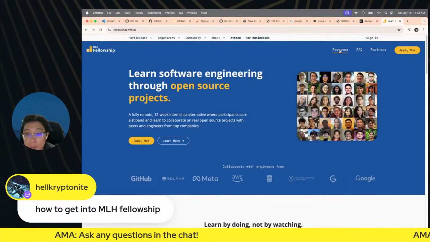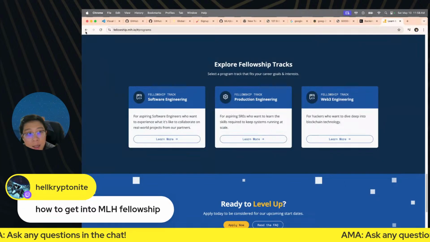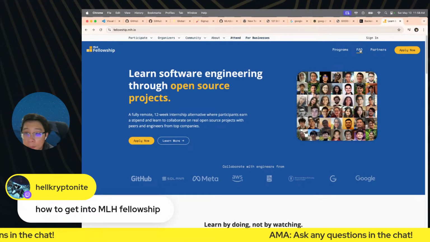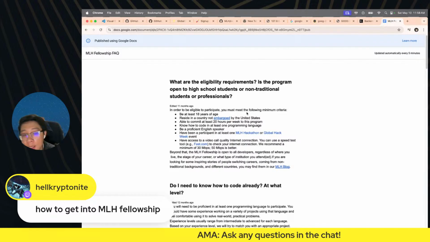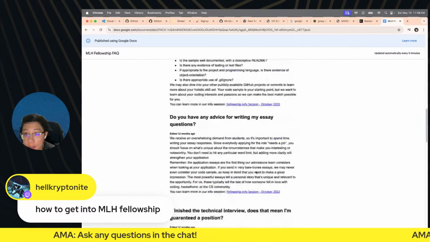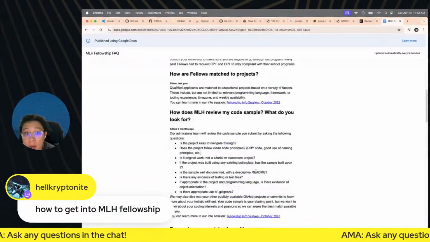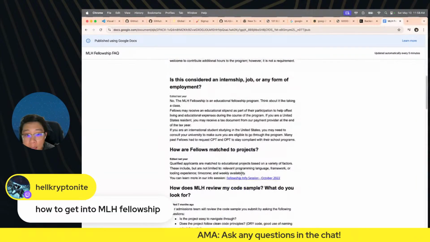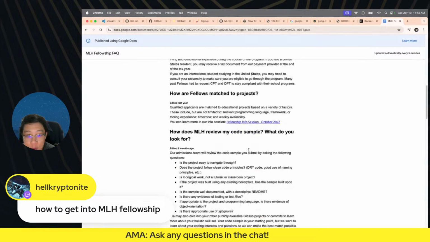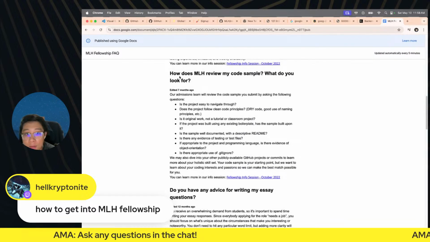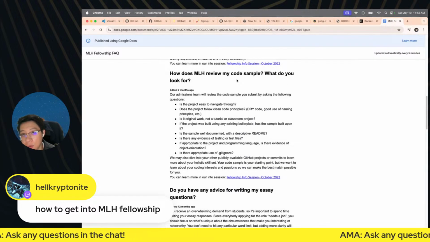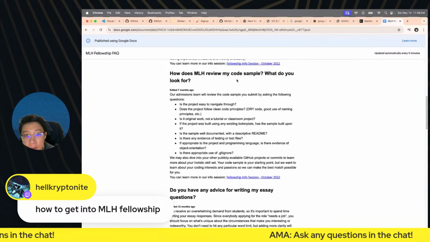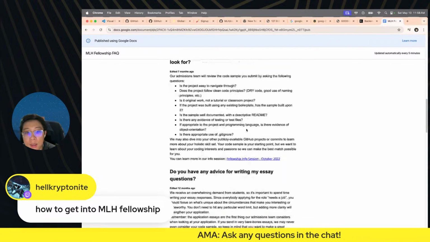You can learn about different programs under programs, and you can learn about the application process, eligibility requirements, and things like that under the FAQ link. This has a ton of amazing resources on how this internship works, how that fellowship works, how fellows match to projects, how MLH reviews your code samples so you know how best to prepare your application, your code, and your essays.